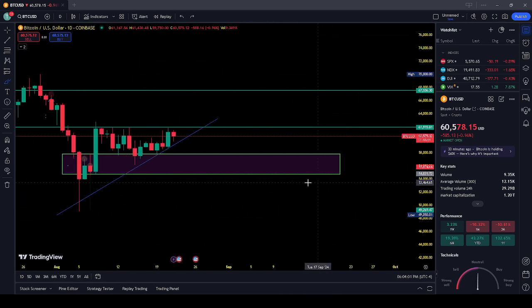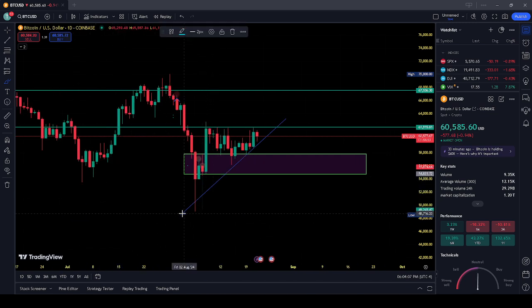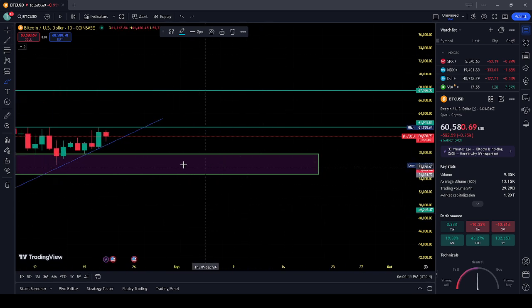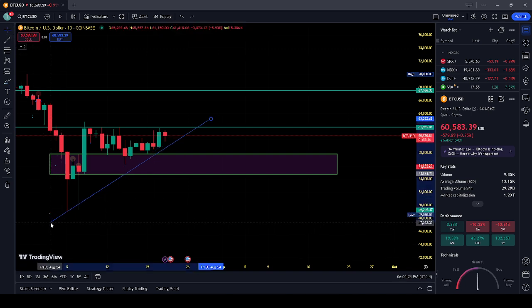So all I'm seeing is this break of the trend line I'm drawing. However, it is not the right trend line. I just tried to make it look good because I tried to collect all the wicks, right? And that's how I'm trying to draw here. If you want me to do a correct one, this is the correct one.